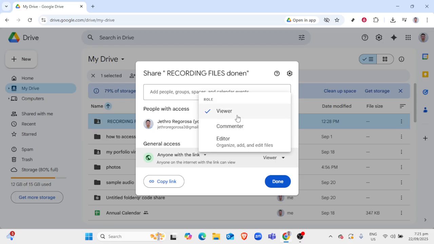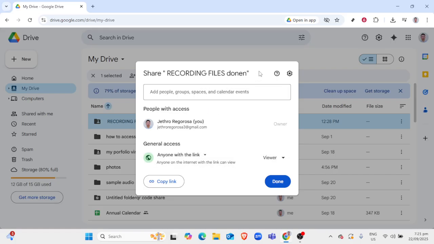For peace of mind, you can double-check that the person no longer appears in the sharing settings list. This can be especially reassuring if you have sensitive or confidential information that you want to keep secure. Remember, regularly reviewing and updating who has access to your files is a good habit. It not only keeps your data secure, but also helps to clear up any unnecessary sharing permissions that could clutter